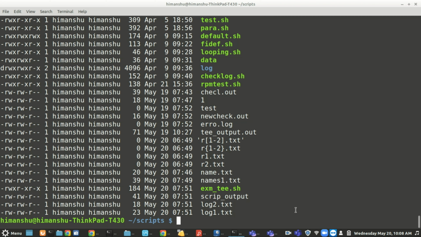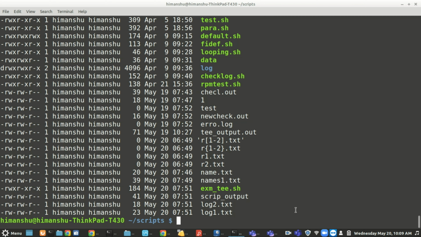Okay, so with Linux, the benefit we have is that we don't have to worry about what type of value we are storing in a specific variable. In other programming languages, you have to define a number type variable, a varchar, a character type. There you have to define what type of variable you are using. But in shell scripting or in Linux, you don't have to worry about the data type of the variable. You just simply have to assign a variable a value.